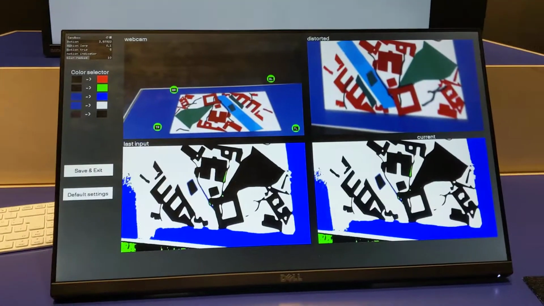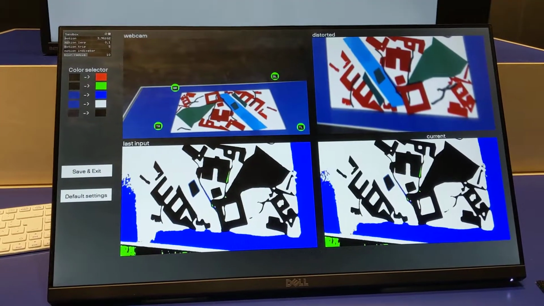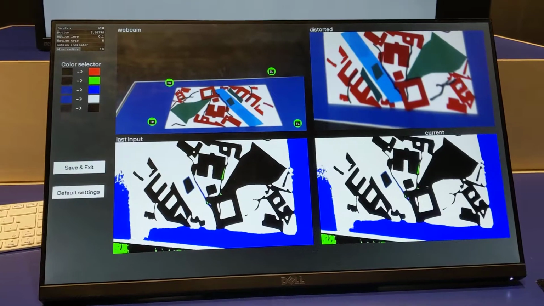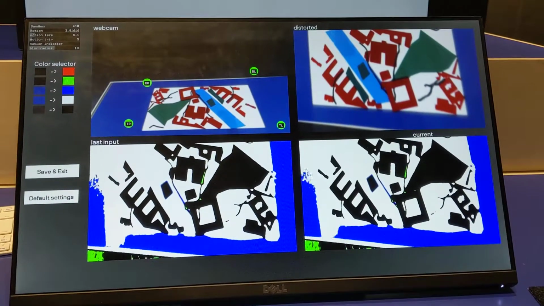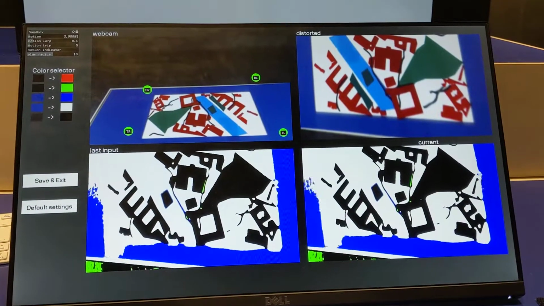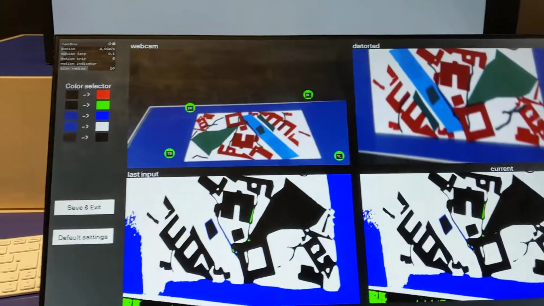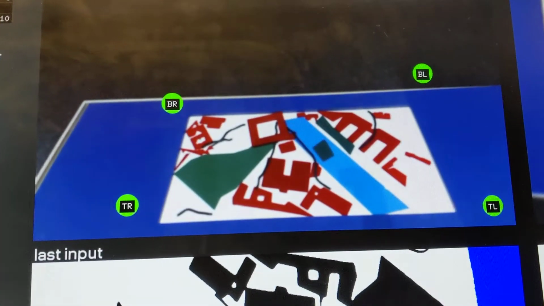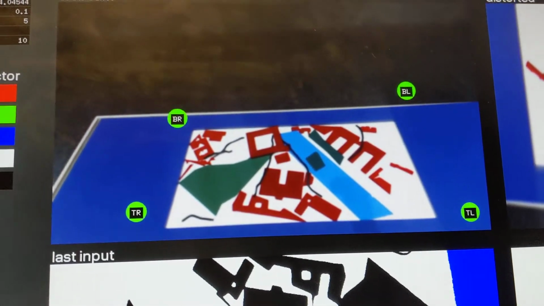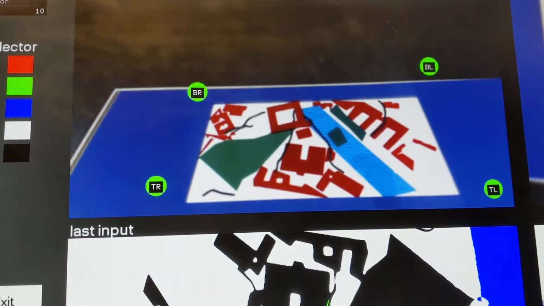So this is just a demonstration of running the calibration app. Let's say you have to make some changes. Then once you launch the calibration app, it's going to launch itself in the touchscreen menu. And there's just a few things you need to do. The first thing is that you want to line up the corners, these corners, with the corners of the playpen